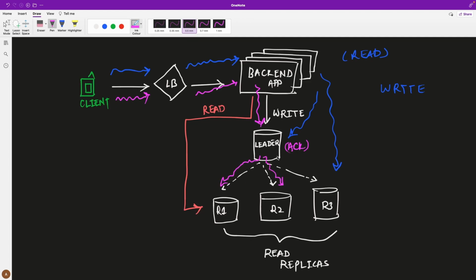It depends on what kind of algorithm we are using to make sure the operation has been persisted in this configuration. Then this leader will respond to the application with an ACK, and the application will respond to its client with the ACK that the changes have been persisted.